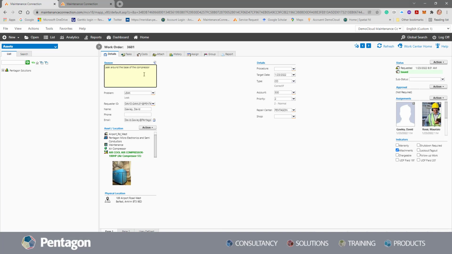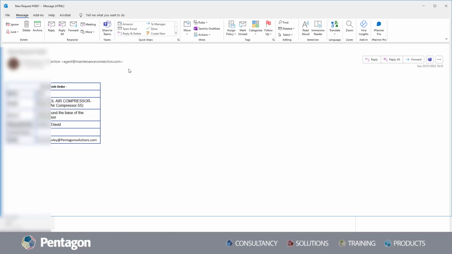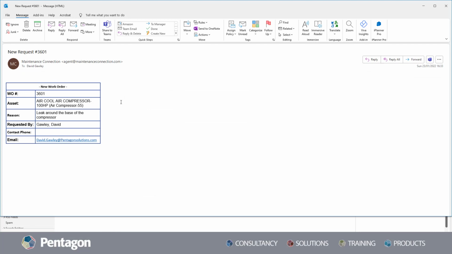Again, I can look at any details about the order in here. We can see we've already drilled down and put that in, and we've already got the location of the actual work order in question. So what we're going to do now is go to site, and we're going to have a look at this from a mobile device perspective, and see how we can tackle that work order. Just before we do that, you can see that the email notification does come through to the service requester. Okay, so let's go and have a look at this work order on site.